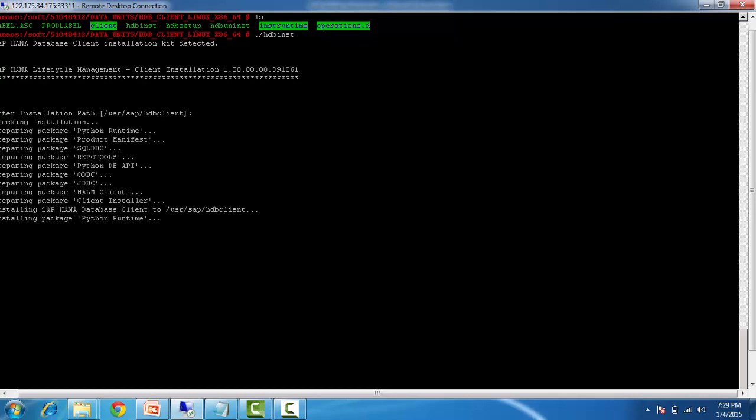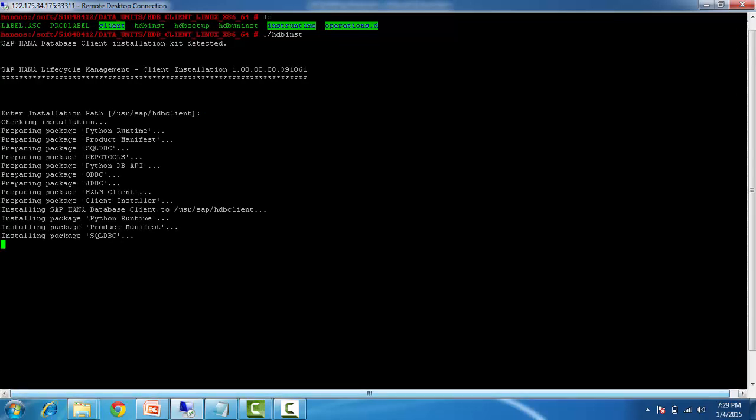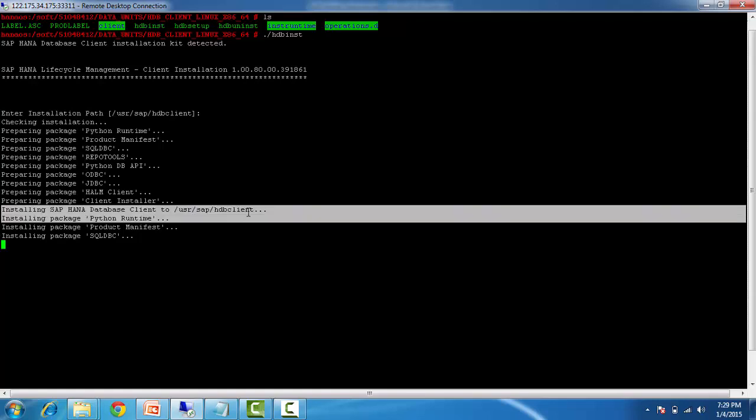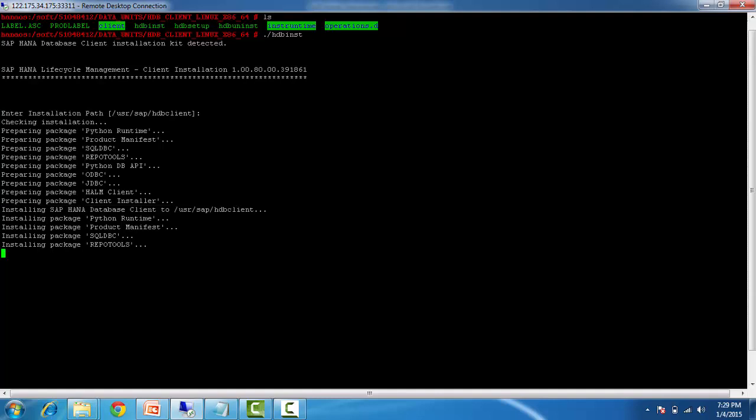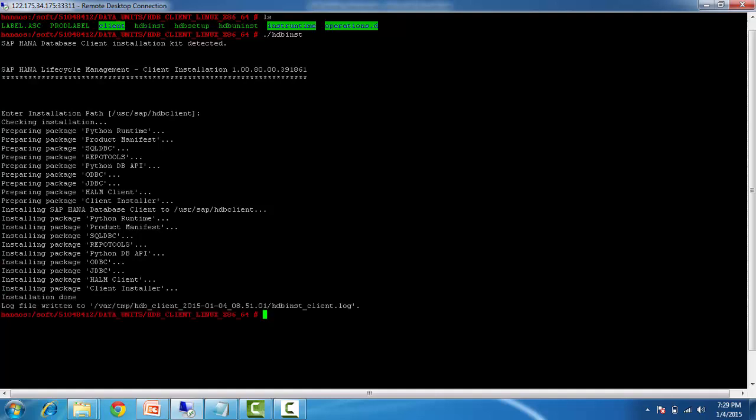I choose the default location, then it checks the installation, prepares the packages and installs the database client in this location. This client will have the Python runtime libraries, product manifest, SQLDBC, report tools, DB API for Python, ODBC, JDBC, and the Helm client installer. Once the installation is done, you can view the log here. Now we can see the client installed in the location